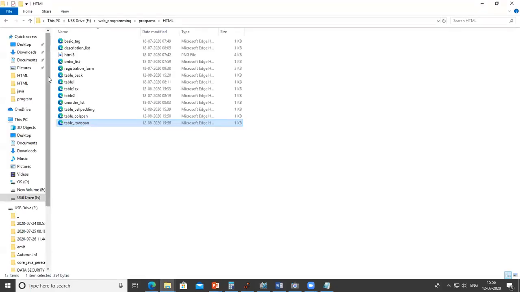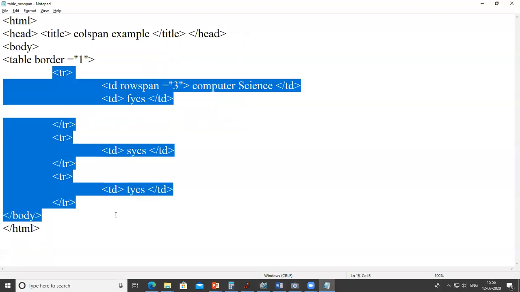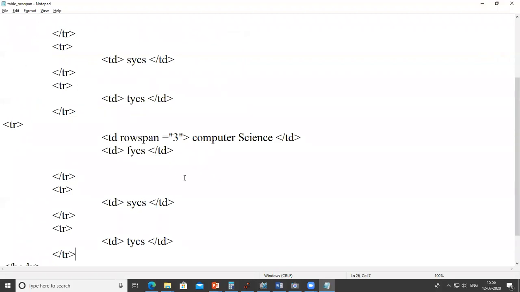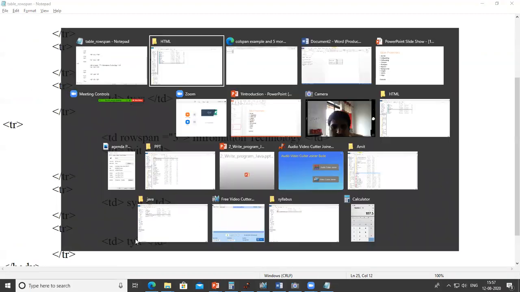And just refresh it now. So this is one computer science, FYCS, SYCS, and TYCS. So if I want to repeat this one, just copy and paste. So instead of computer science, I write here information technology, and instead of FYCS, I write here FYIT, SYIT, and TYIT, and save it, and let's see the output. So this one.